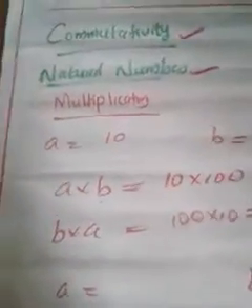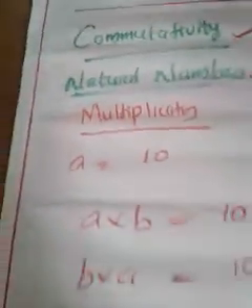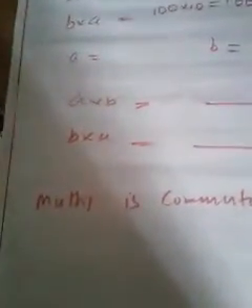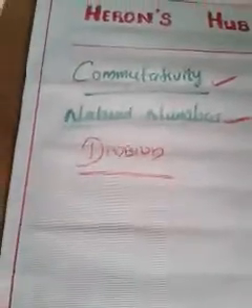So in order to check whether multiplication is commutative, we need two numbers a and b. Then just take a into b and b into a. Compare both results. Here both are equal. Select a few more examples. Whatever example you do in multiplication, it should always be commutative. Try to check by using some more examples. So we can conclude multiplication is commutative. Next we have to check under division.